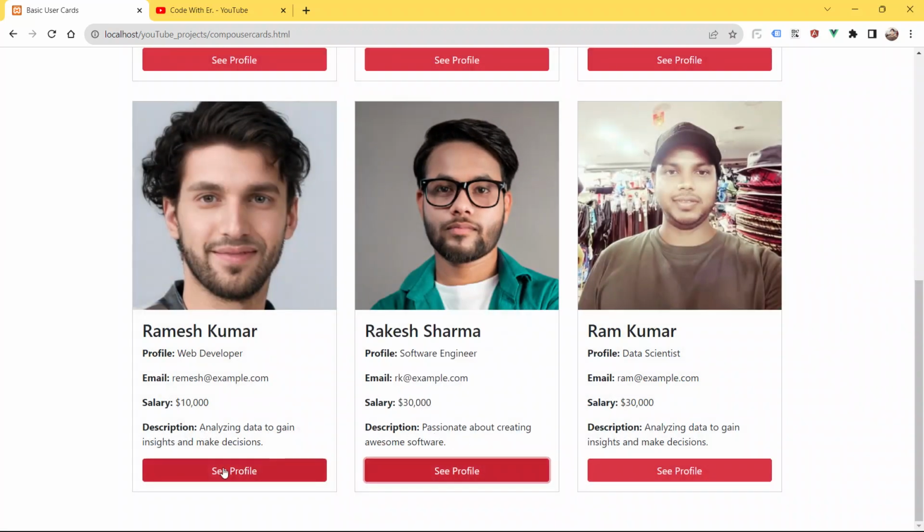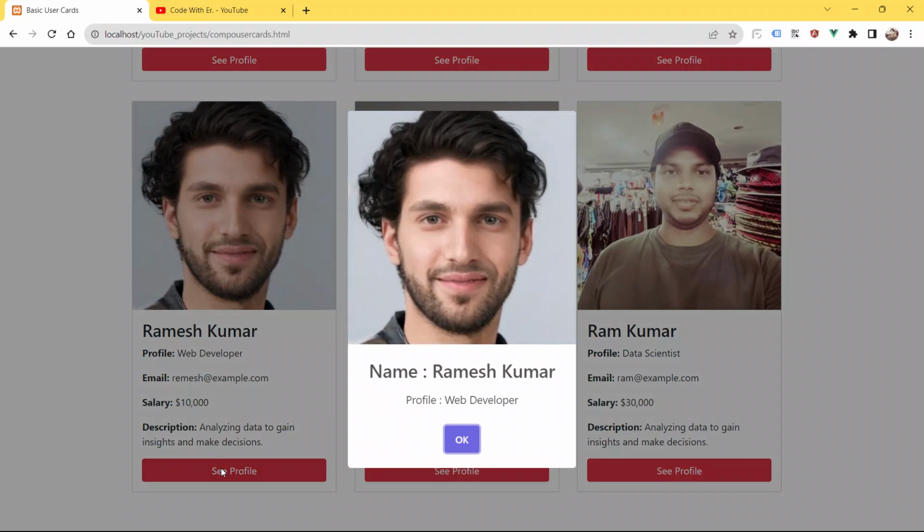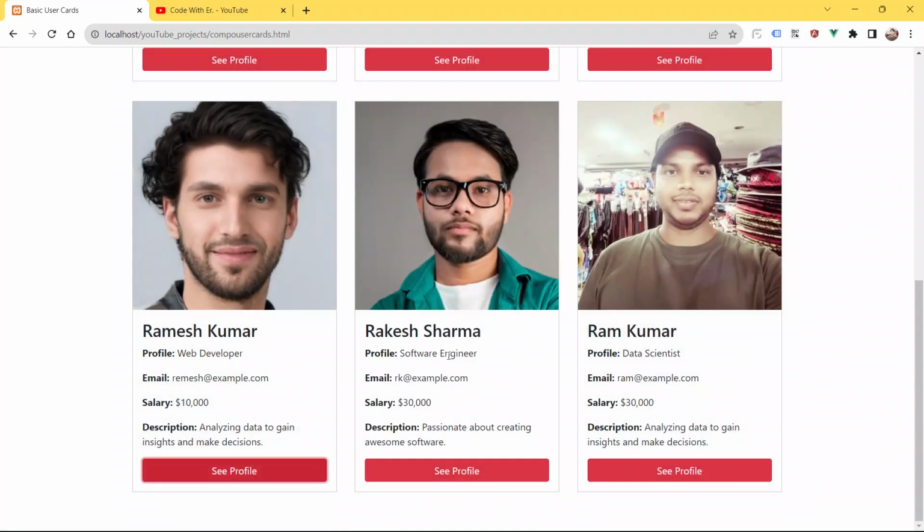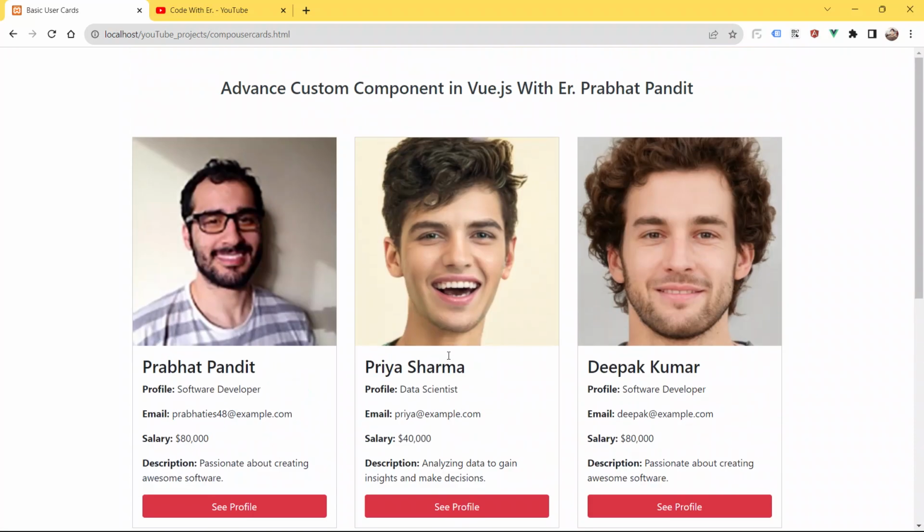Click OK. Name is Ramesh Kumar, profile is web developer. Click the button OK. Here each and everything is coming from the custom component in Vue.js. In this session, we are gonna learn how to create this kind of advanced custom component in Vue.js. Now let's get started and let's learn.